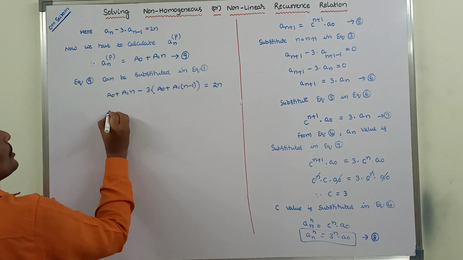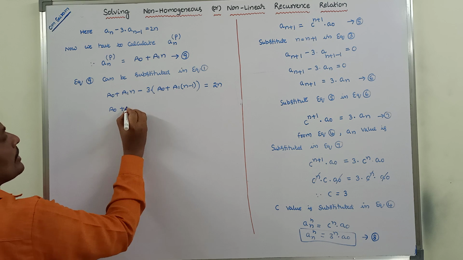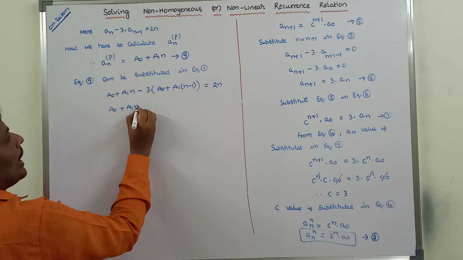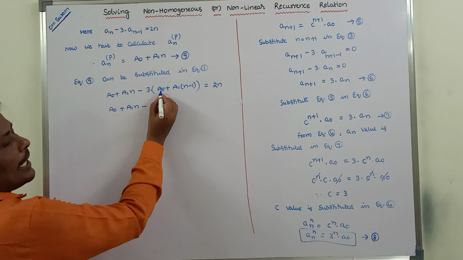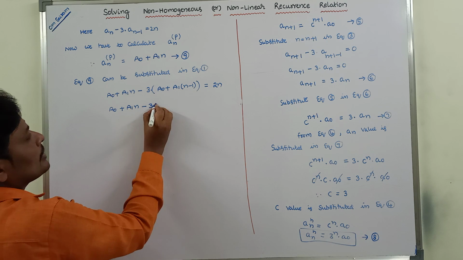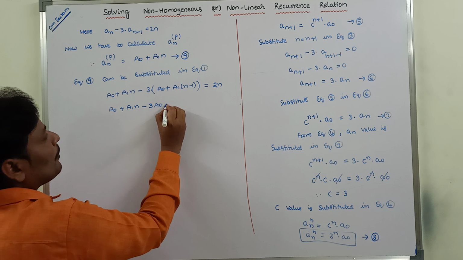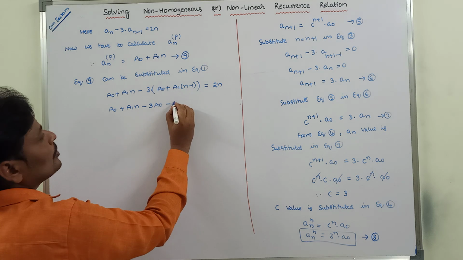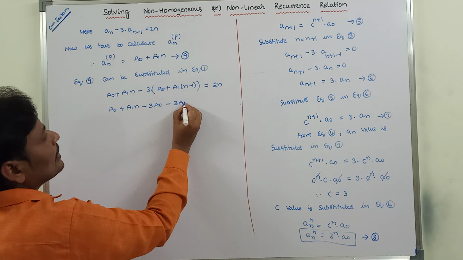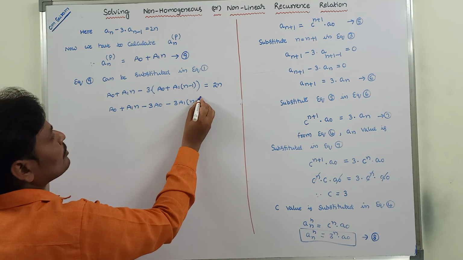Okay, now so a naught plus a1 into n minus 3 into a naught minus 3 into a1 into n minus 1